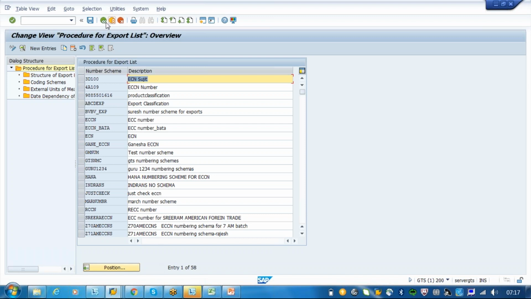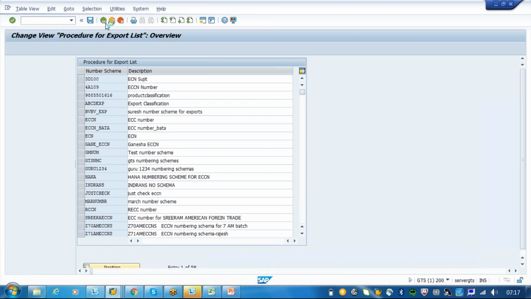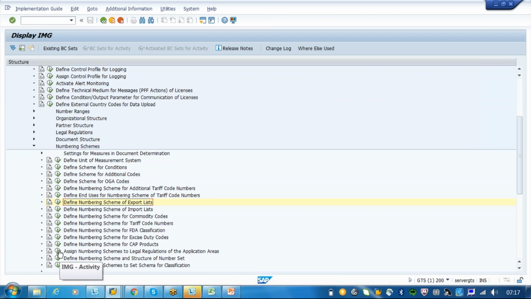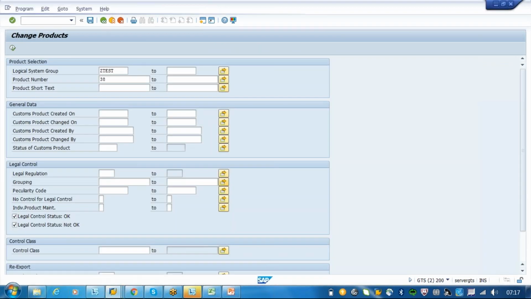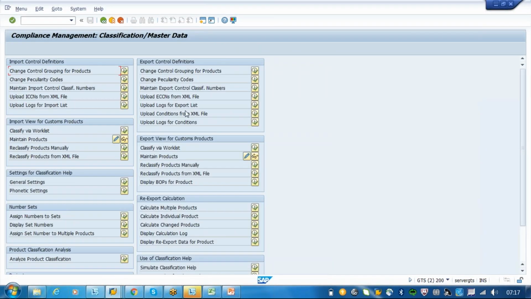So once the schema is defined, you have to come here and assign the schema to your legal regulation configuration. In the cockpit, you first have to define the numbering range. So you just created the numbering schema. Like in SD, where you assign the number range but the number is generated by the system if it is internal. Here it is external only, because the system cannot understand what number it has to define. So that's why you are defining it here manually.